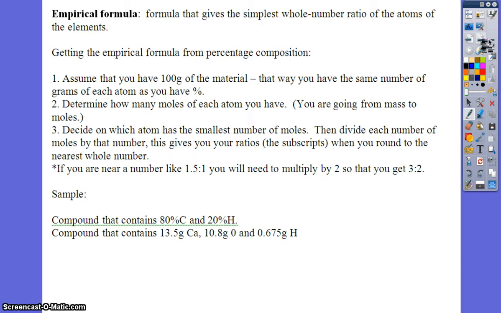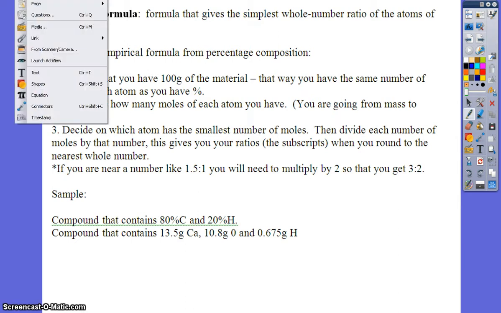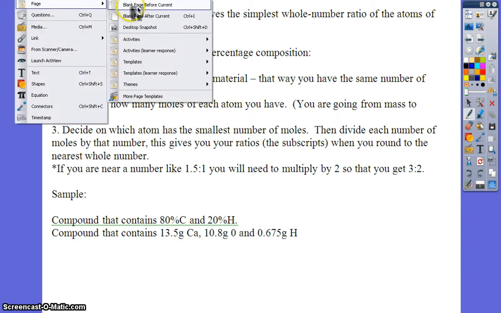Okay, so if I want to get the empirical formula for a compound, I use these 3 steps given here, and we'll work together an example problem. We'll do the one that is the compound that contains 80% carbon and 20% hydrogen. So if I start off with something that's 80% carbon and 20% hydrogen by mass, and I want to know what